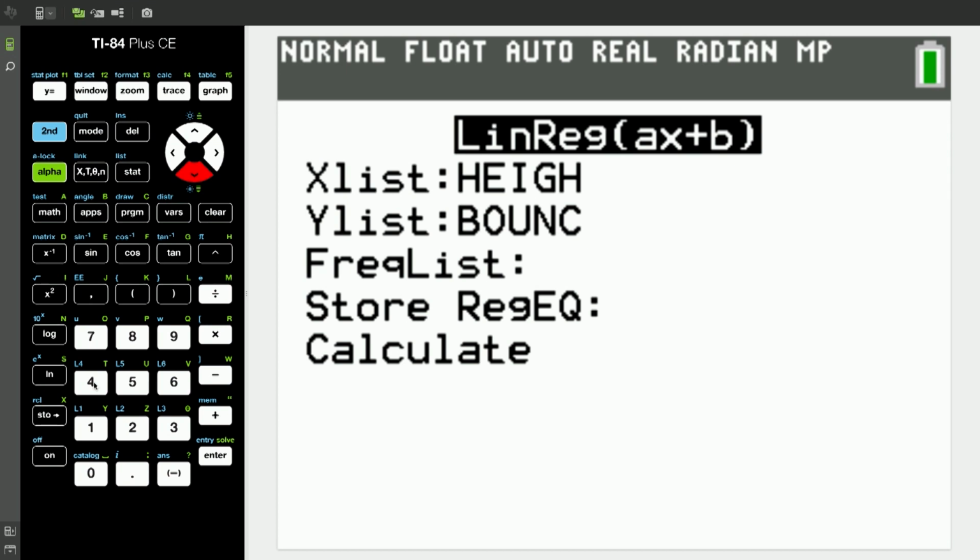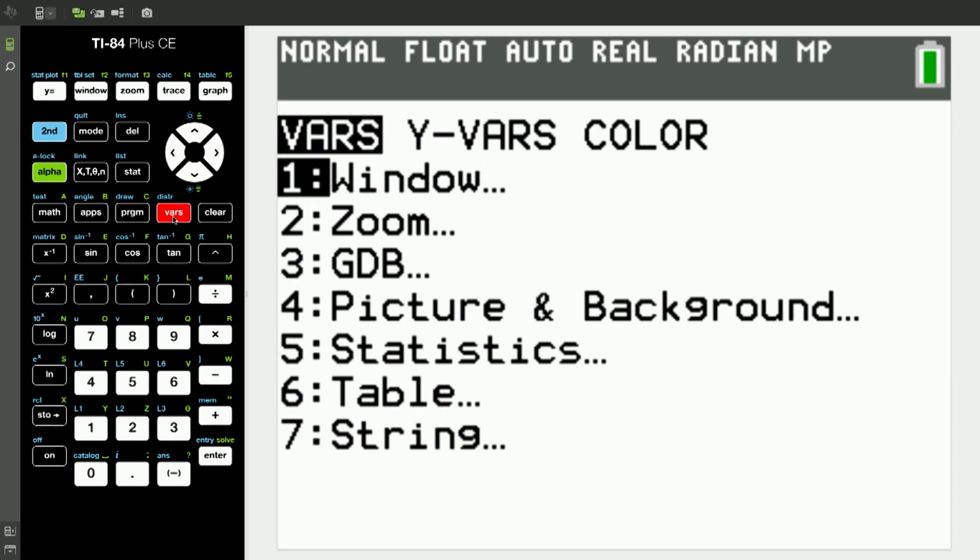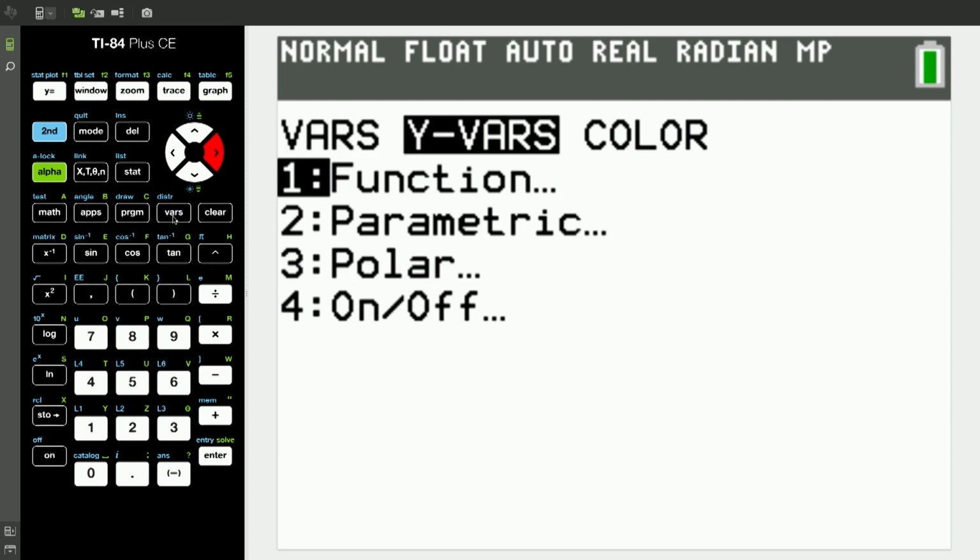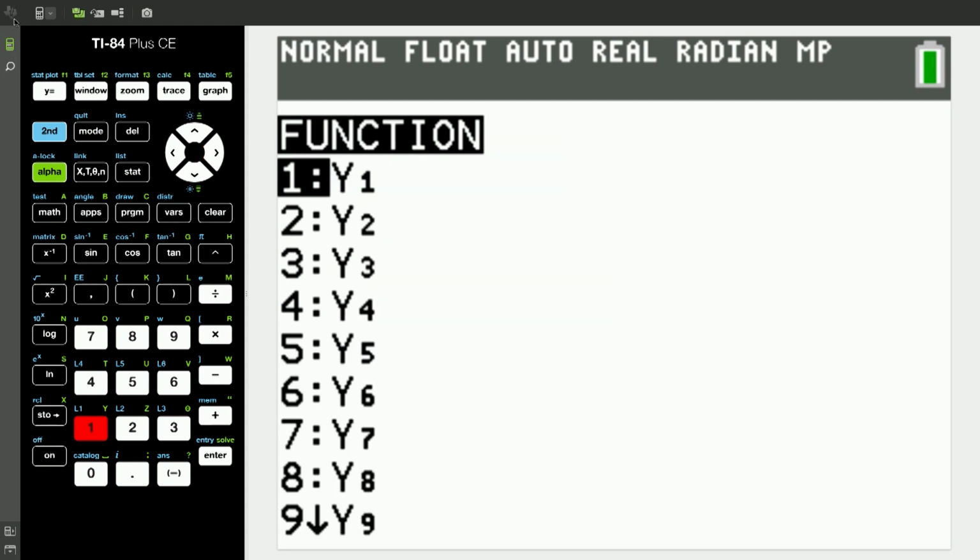And this one you're not going to know, because this is just one of those keys. Do you see the key VARS that is right under the arrows, VARS? If you push VARS, do you see anything that looks like y-axis, y-graphing, y equals there? Do you see Y-VARS? So scroll to the right, and then Dr. Martin told you in algebra we all deal with what? Functions. So I went to VARS, I scrolled to the right, I'm going to use function, and let's just put it in our first equation.